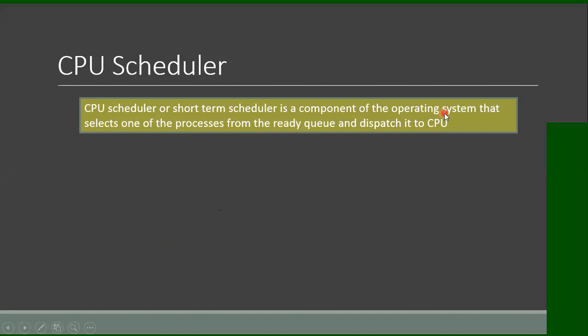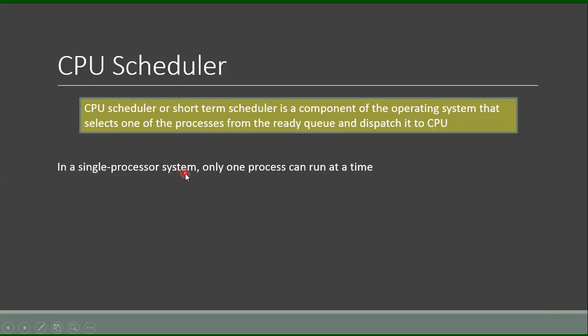The scheduler is the part of the kernel that selects one of the processes from the ready queue and dispatches it to the CPU. The ready queue is a list of all the processes that are residing in the main memory and are available for execution. The scheduler will select one of these processes and allocate it to the CPU.